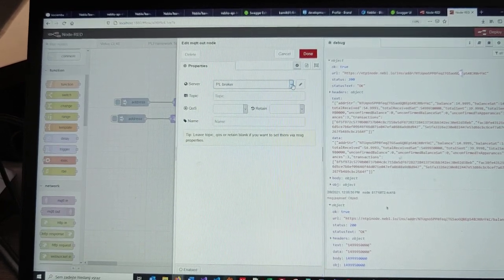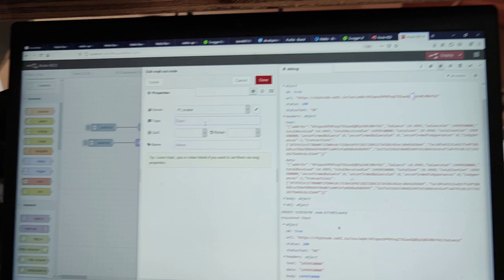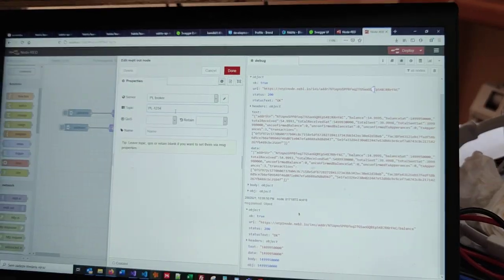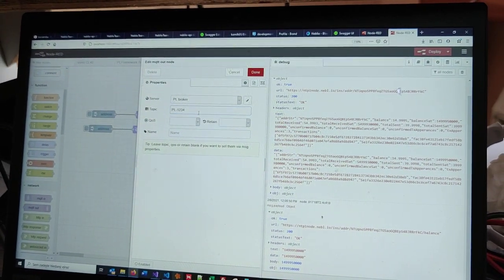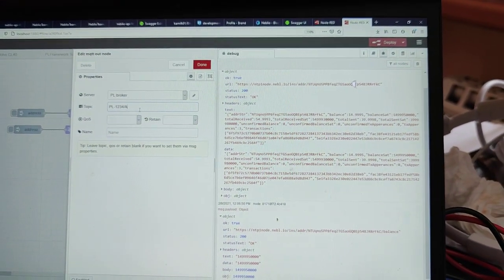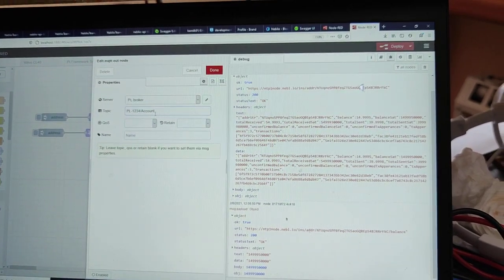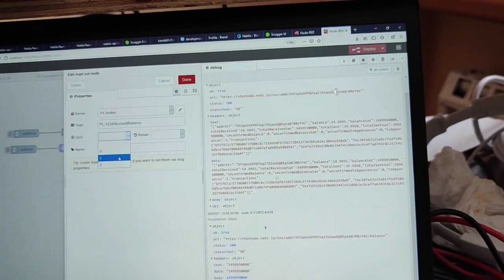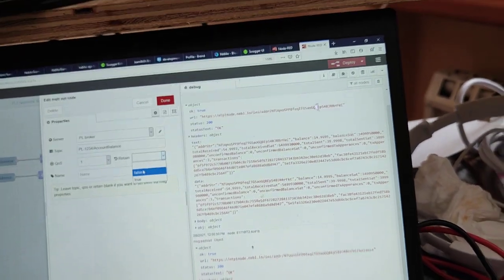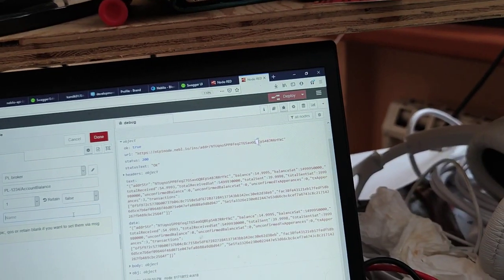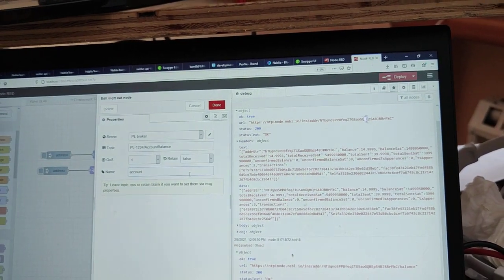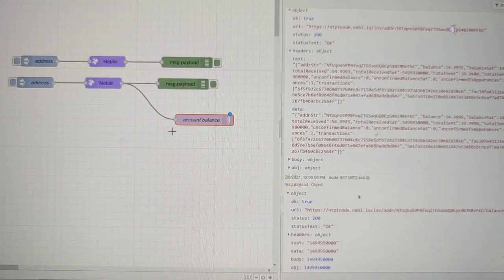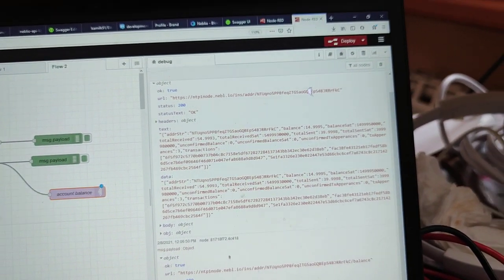We can use the PL broker which is already running and send it, for example, to topic PL, like production line 1, 2, 3, 4, and topic account balance. Okay, some magic. Study the MQTT if you want to know what it means. And name account balance. Okay, so this will send it to the MQTT broker, and to see it's working, we can add